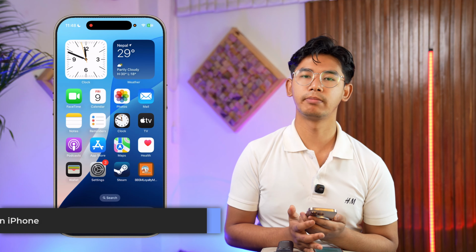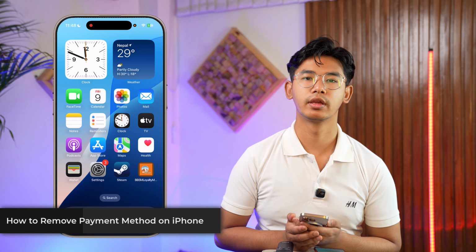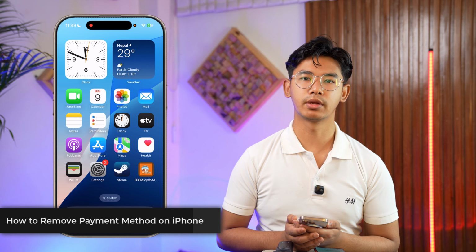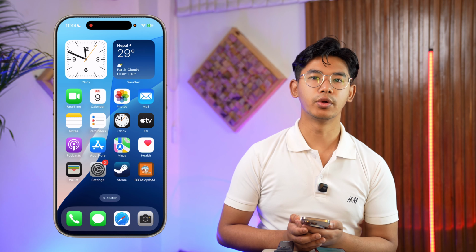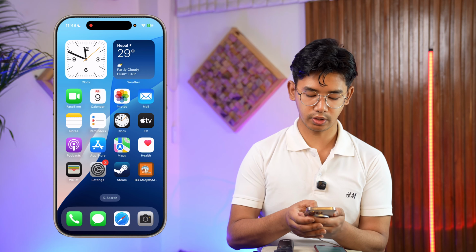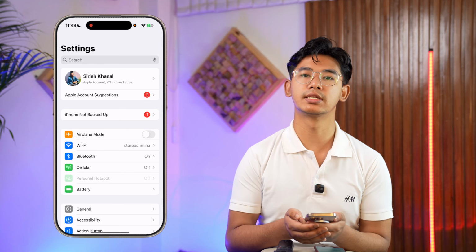How to remove payment method on iPhone. If you want to remove your payment method on iPhone, it's very simple for us to do so. What we have to do is first of all open up the settings